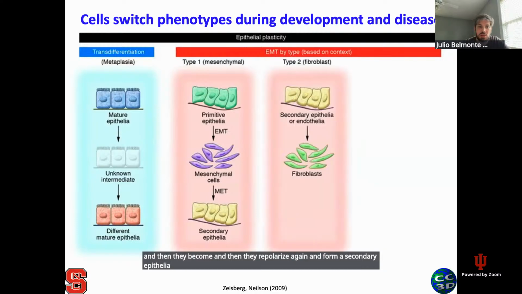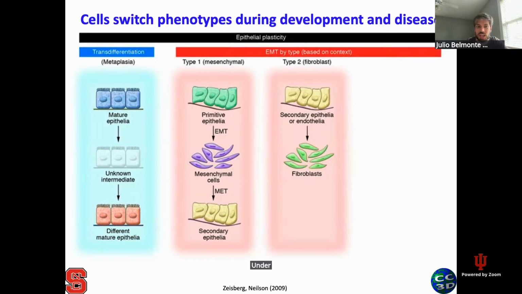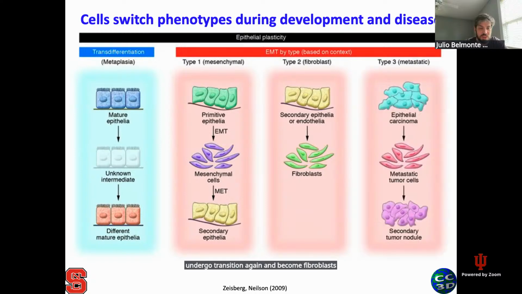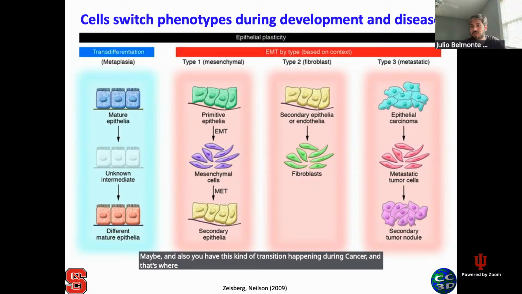Or maybe your secondary epithelium can later undergo transition again and become fibroblasts. And you also have this kind of transition happening during cancer,